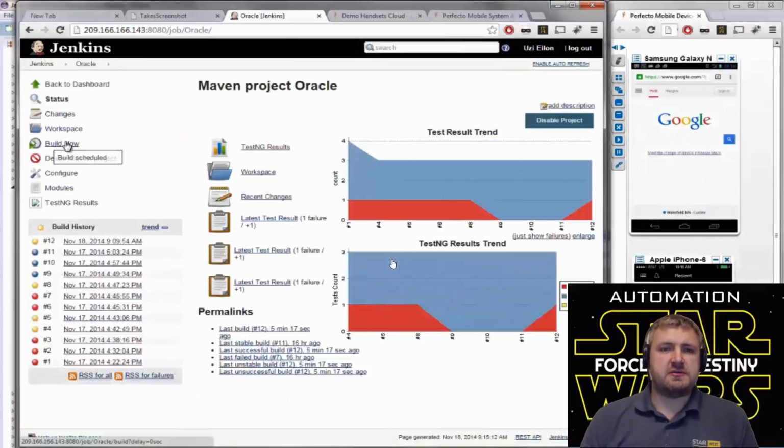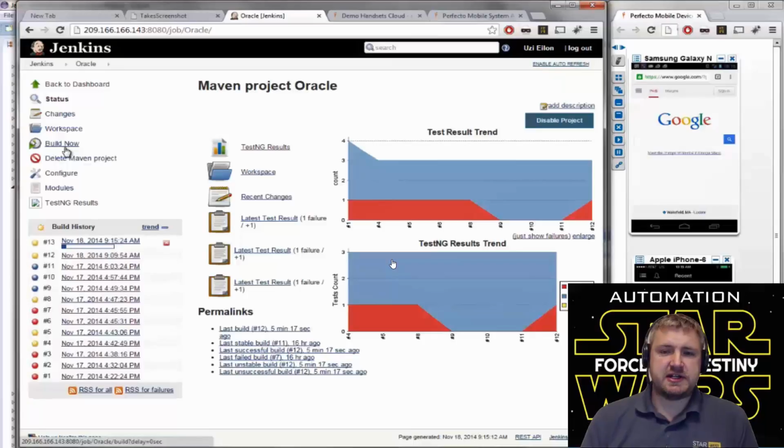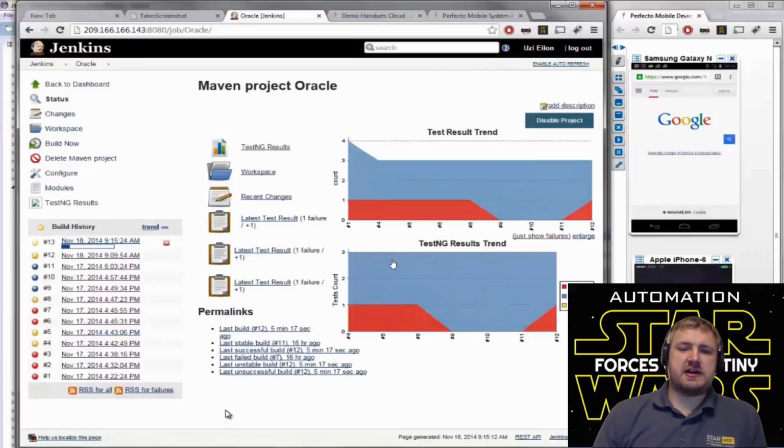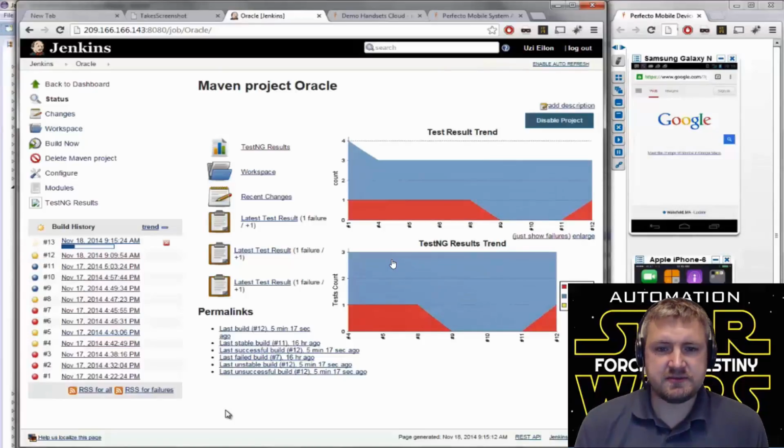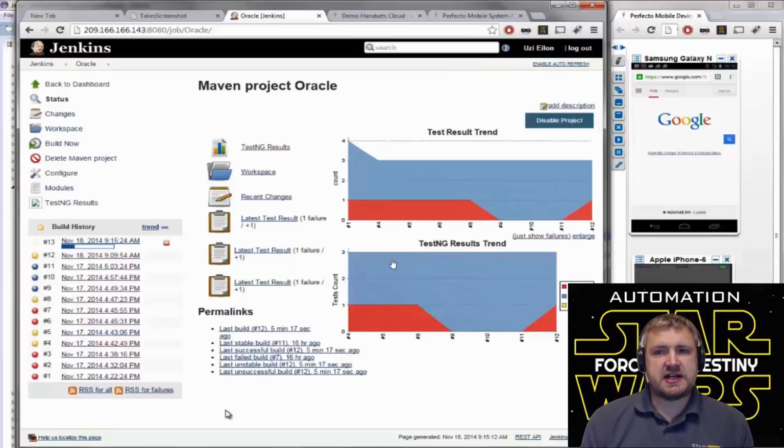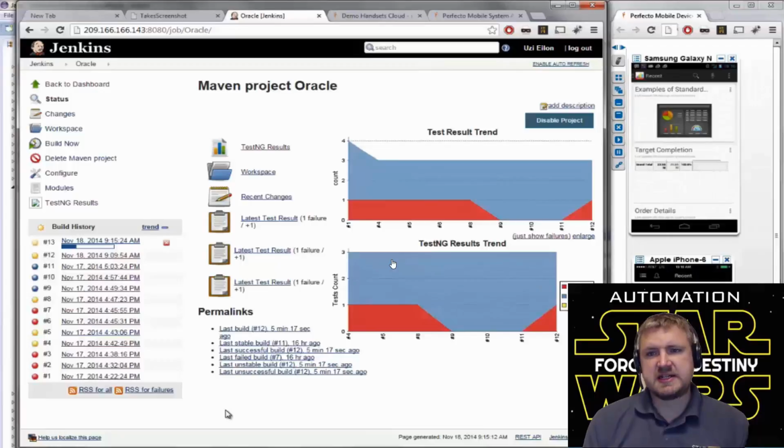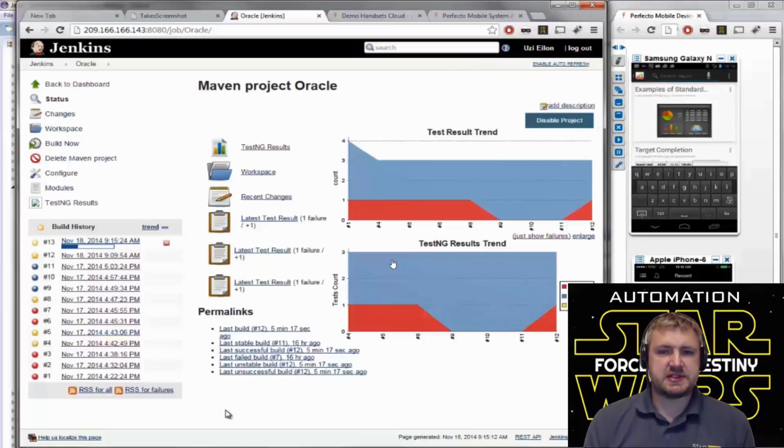So I'm going to move into an example for running the same test we've just seen, but now as part of a standard build. In this case, it's just a Jenkins using JUnit, sorry, and TestNG. So part of this is it's running, and as you can see, as it executes on the right hand side, it's running on the devices, and it's going through and testing that sample example application that we used for testing purposes.